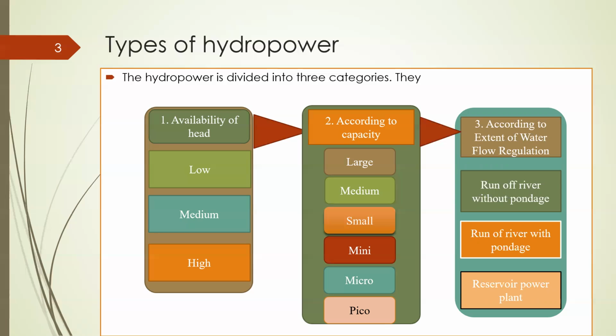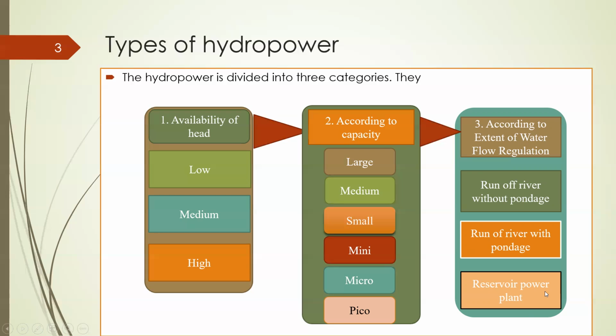Runoff river with pondage. The reservoir is allowed to store water during off-peak and use it during peak hours on the same day in runoff river with pondage types. Such types of power plant can be used on parts of the load curve as required within a certain limitation and are more useful than plants without pondage. It is comparatively more reliable and its generating capacity is less dependent on available rate of water flow.